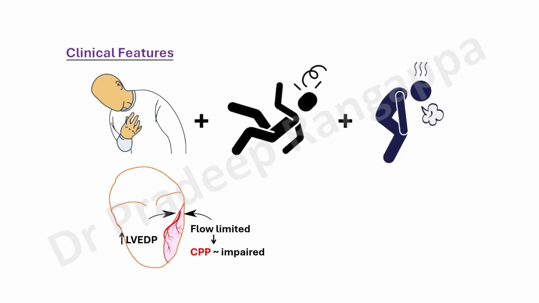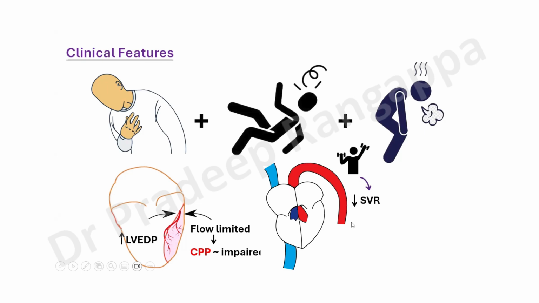Conceptually, understand that when you are exercising, your systemic vascular resistance comes down. Because there is reduced systemic vascular resistance following exercise, there is a reduction in the afterload, and this reduction in the afterload leads to an increase in the cardiac output. This happens in a normal individual as a physiological response. Your SVR comes down, afterload comes down, and there is improvement in the cardiac output